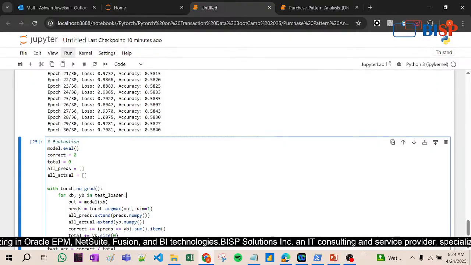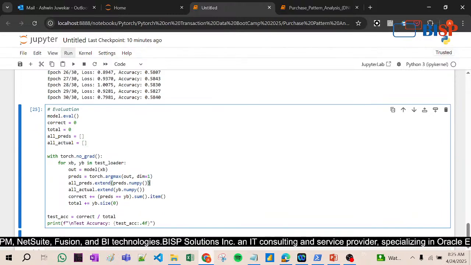See here, model eval, and then all the variables we have taken, then xb yb in test loader, and the output is stored into the out variable, and then all predictions extend predict dot numpy, and all actual extend yb dot numpy. In this way we calculated the accuracy.